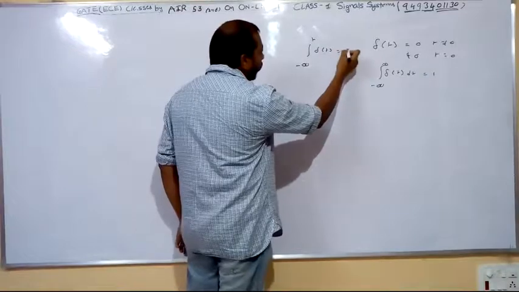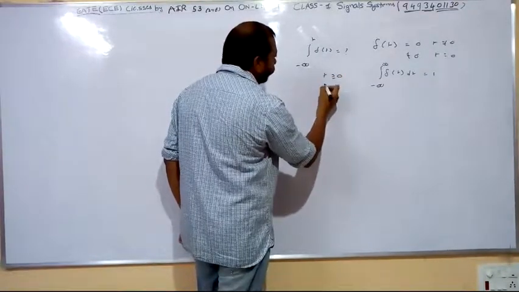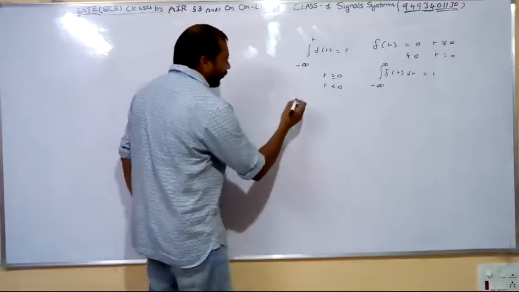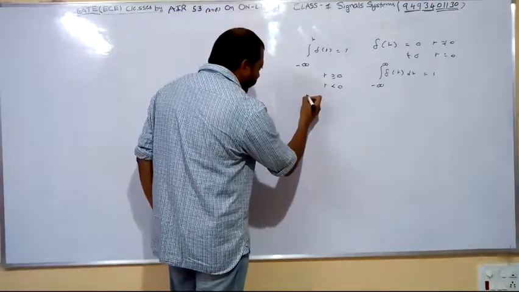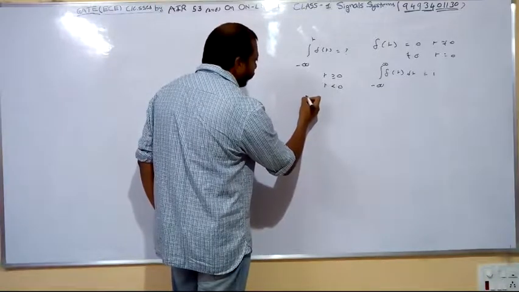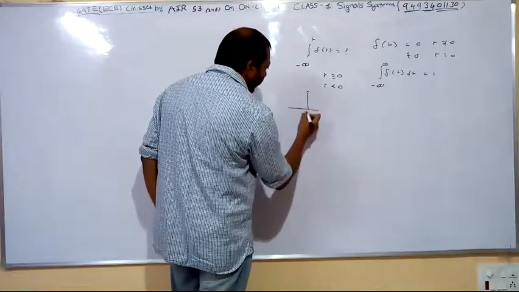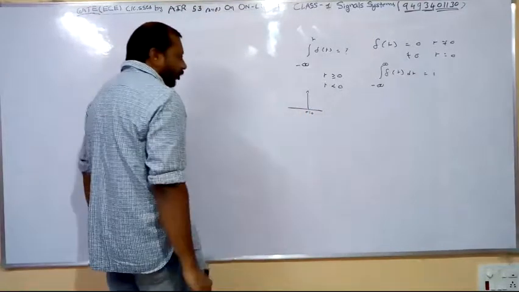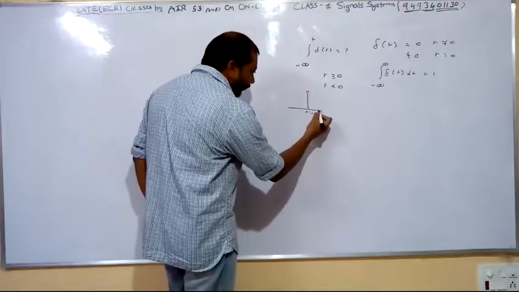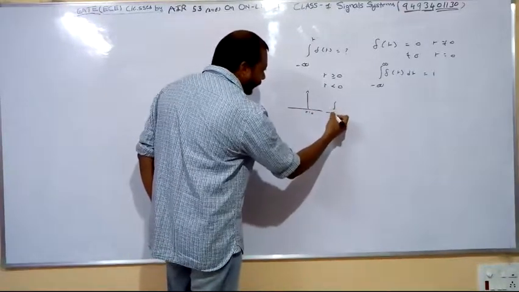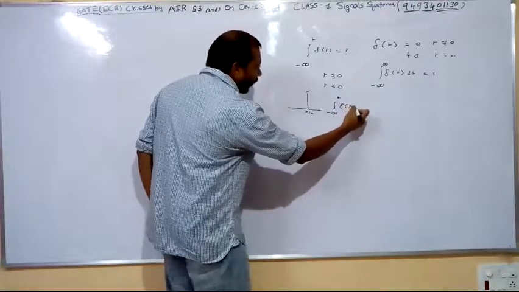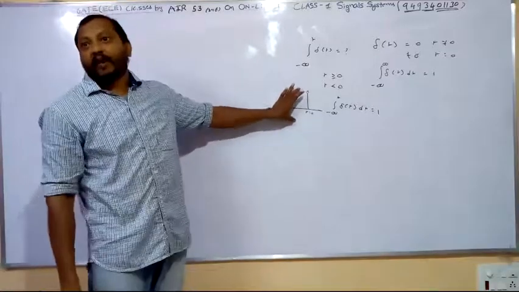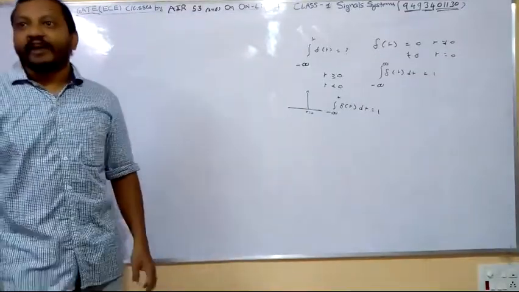The integral of δ(t) dt from minus infinity to t equals how much? We consider two cases: t greater than or equal to 0, and t less than 0. For t greater than or equal to 0, the δ(t) exists at t equal to 0 only. If you consider t up to this level, then the corresponding integration from minus infinity to t of δ(t) dt is equal to 1, since in these limits the δ(t) exists, and the area under the impulse is always equal